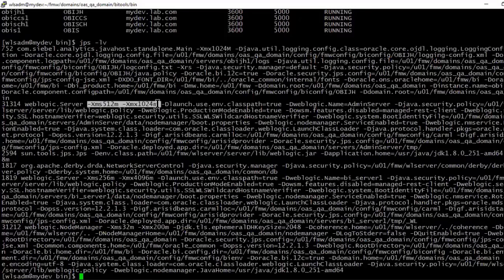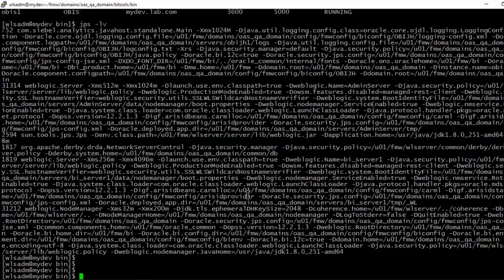Maximum 1024 MB means 1 GB size is allocated for this. If you allocate more space, it will come up faster. So you can see here, admin server is 1 GB and 4 GB is given for the BI server. Generally, if you give more and more, you will get faster access. Loading time will be faster for the application as well. So that is one of the tricks which you can see as a WebLogic trick.